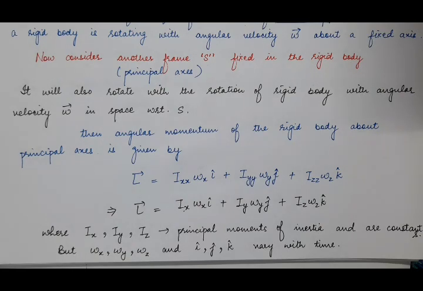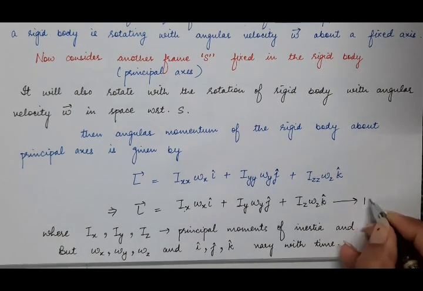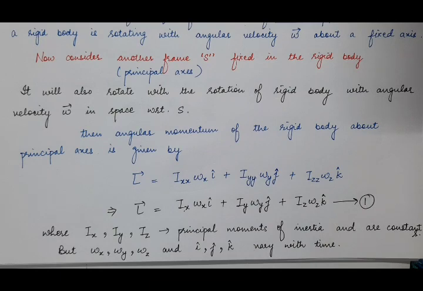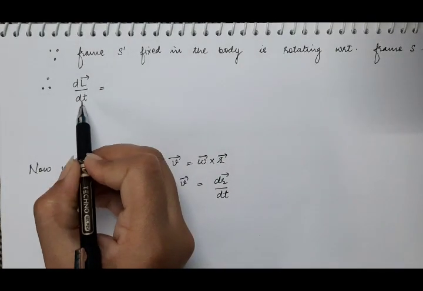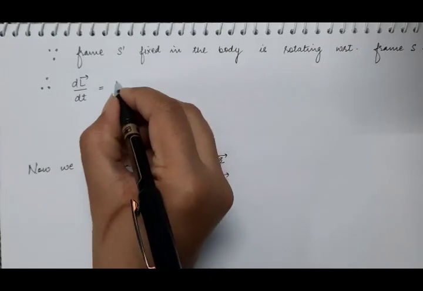It means this total angular momentum of the rigid body about the principal axis will also change with time when we take the rotation of the rigid body with respect to the frame of reference which is fixed in space. So now we will take the time derivative of this L vector, or of equation 1. Taking the time derivative of equation 1, we'll have dL vector by dt, and it is equal to, as Ix is constant,